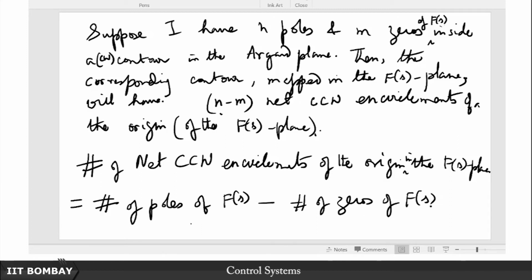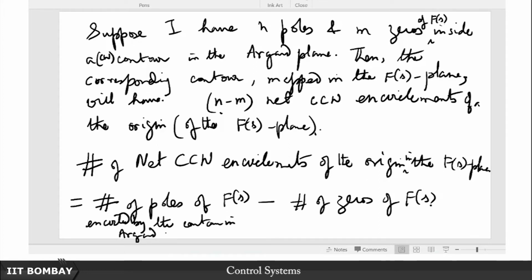Of course, what I have not written here, but I am going to add now, is the number of poles of Fs encircled by the contour in the Argand plane, minus the number of zeros of Fs encircled by the contour in the Argand plane. So that is the crucial bit, yeah, it is not just the total number of poles minus the